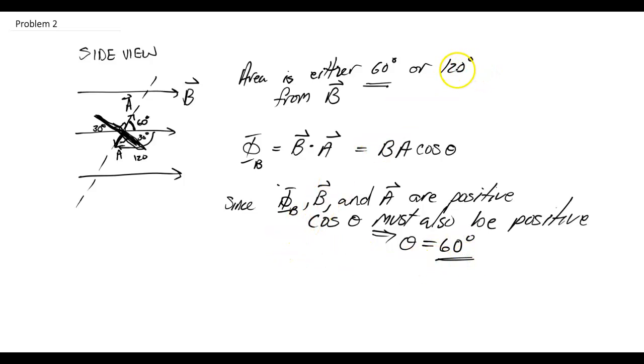So we will rule the 120 out, and if phi B, or the magnetic flux, is B A cosine theta, then